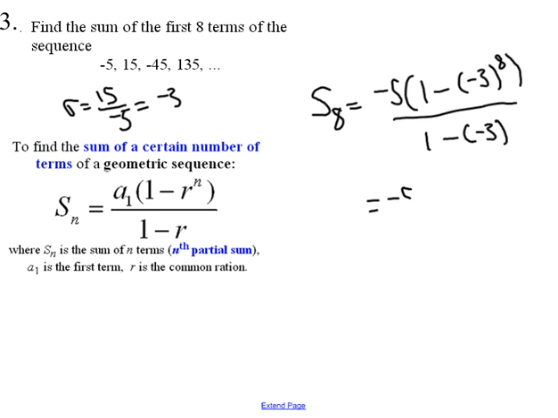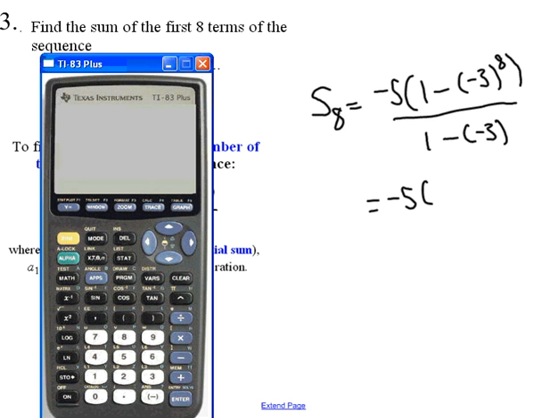So it's going to be negative 5 times 1 minus negative 3 to the 8th. So let's see what negative 3 to the 8th is. So negative 3 to the 8th. Make sure that that negative 3 is in parentheses the way I put it here. And you get